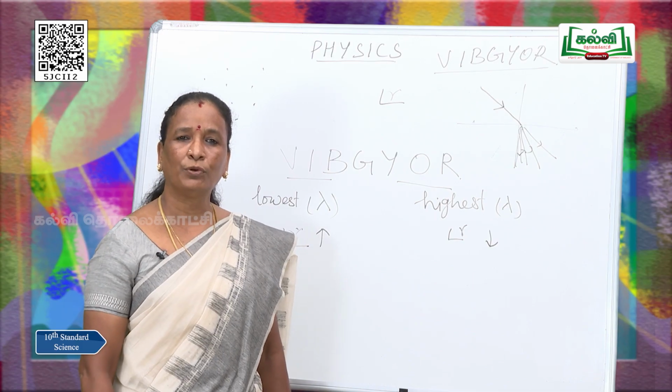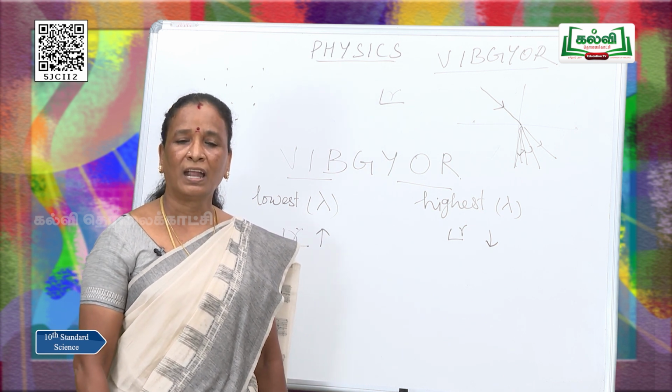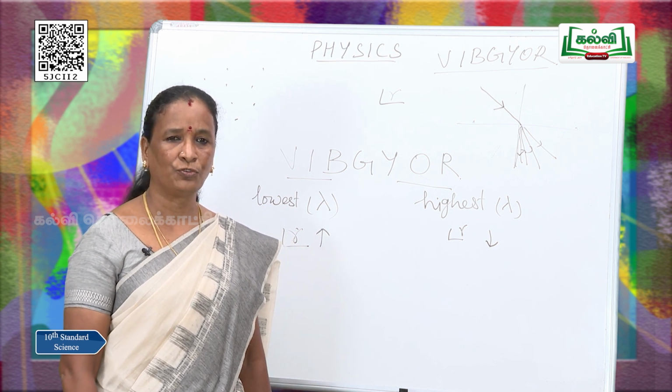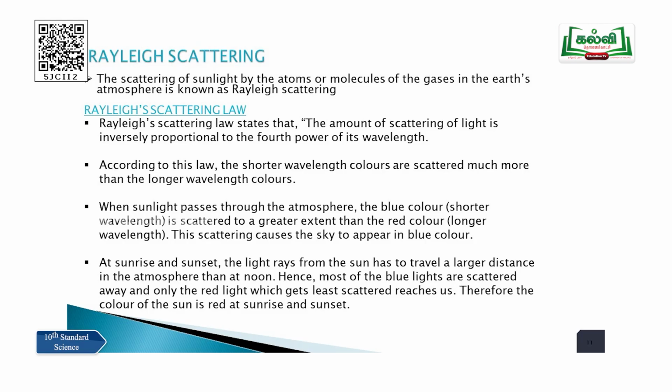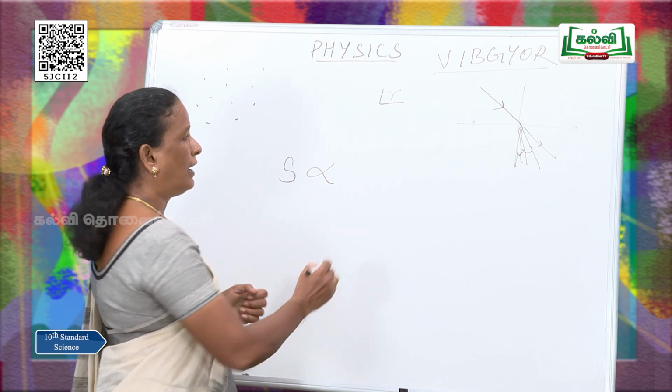In Rayleigh scattering, we are going to see what the reason is for the sun looking red in color at sunset and sunrise, and also why the sky looks blue during the daytime. For these questions, we get the answer in Rayleigh scattering. Rayleigh scattering states that the amount of scattering of light is inversely proportional to the 4th power of its wavelength. The amount of light scattering is denoted as S. Here we get a formula, S is proportional to, this symbol is proportional to, you know very well, and here